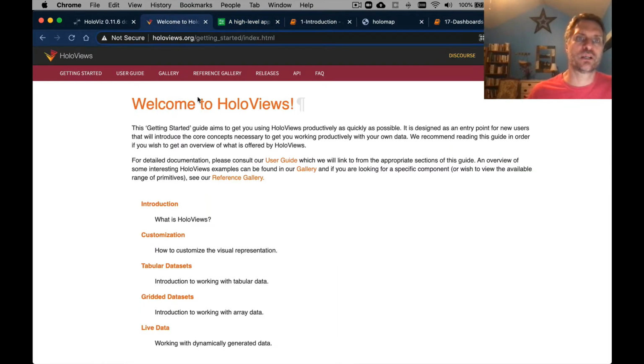But we'll focus on HoloViews, which is kind of a data-centric view, which is how do you capture and describe your data in a way that makes it easy to visualize, easy to make exploratory applications and exploratory analyses. So to dive right in, we'll start with the introduction of the Getting Started guide in HoloViews, which is